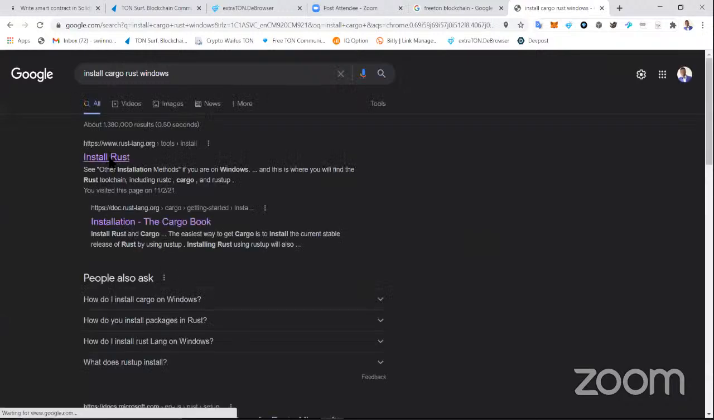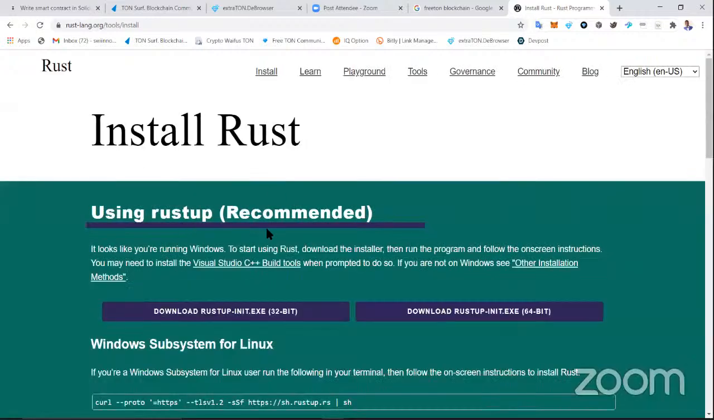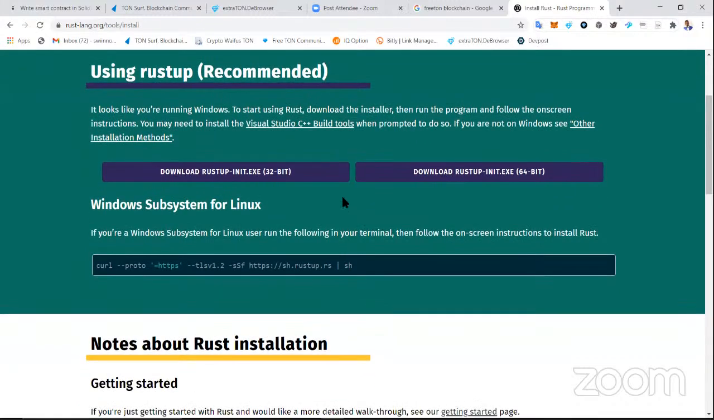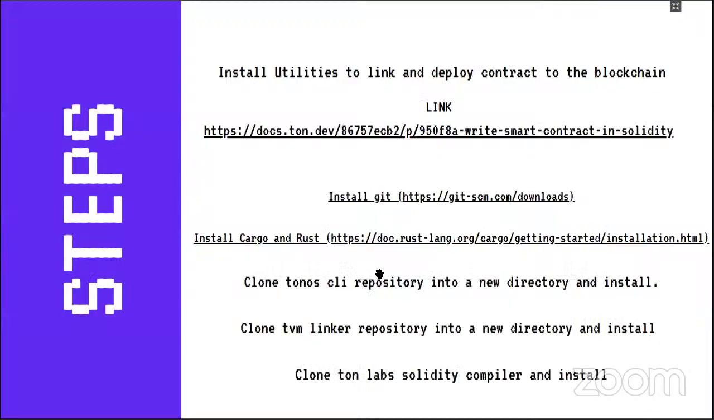If you install Rust, it comes alongside Cargo, and this is the website. So you could choose depending on your operating system. I'm using 64-bit. Install this, and it's going to install Cargo directly. Great. So after the installation of Git, Rust, and Cargo, we now have to ensure that